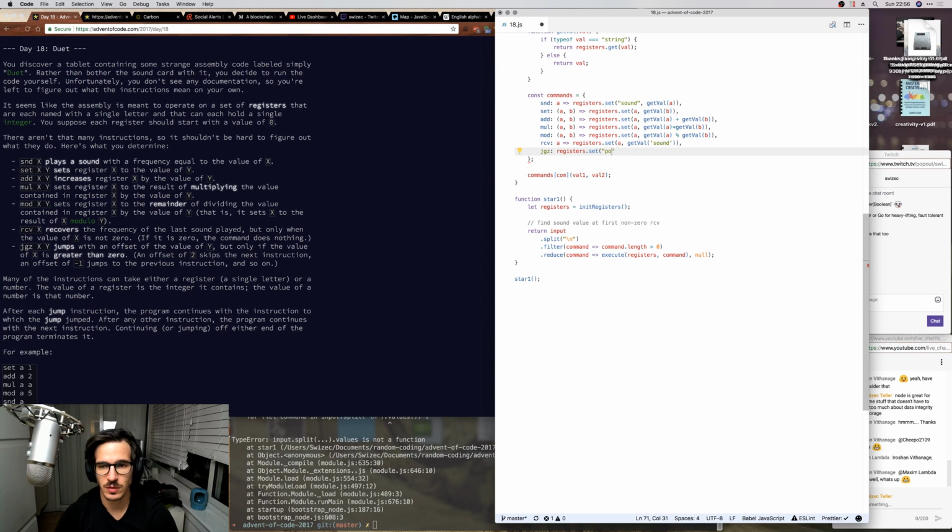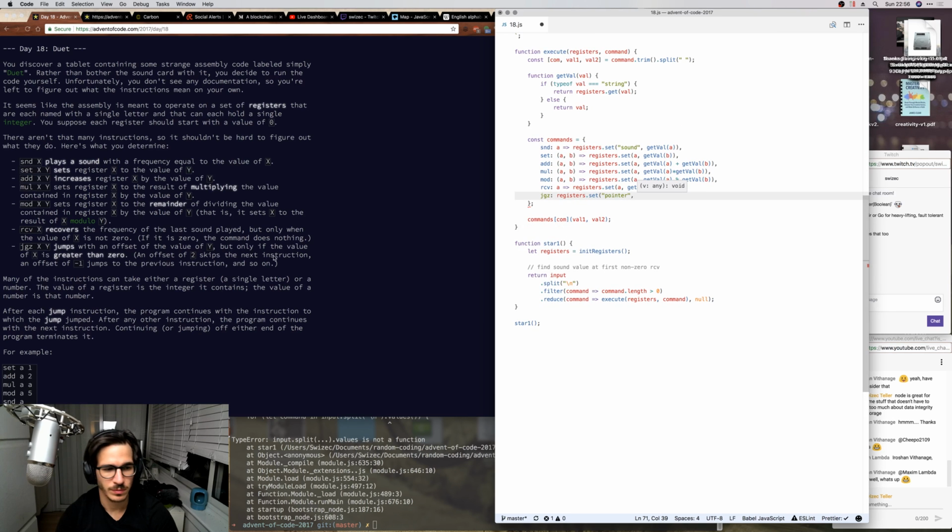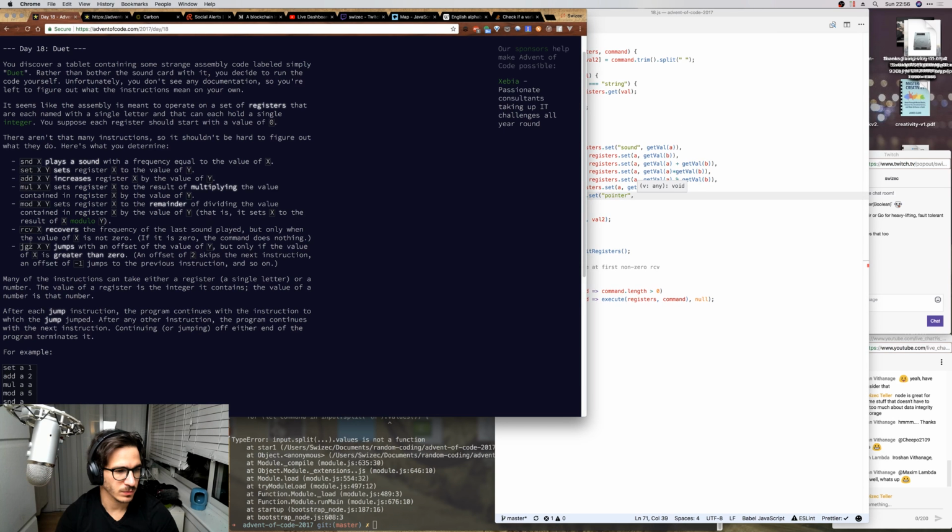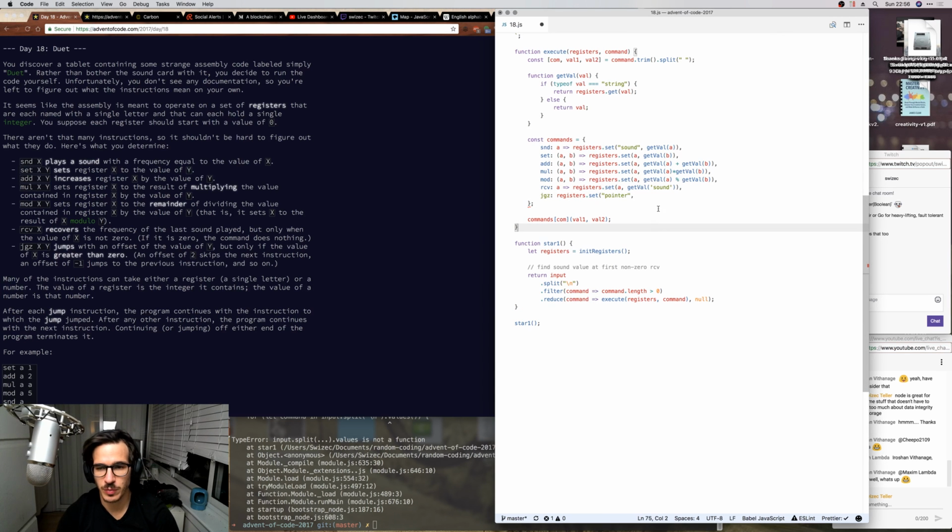Okay, so this is going to jumps with an offset of the value of y, but only if the value x is greater than 0. An offset of 2 skips the next instruction, an offset of -1 jumps to the previous instruction, and so on. Okay, so pointer becomes get val of